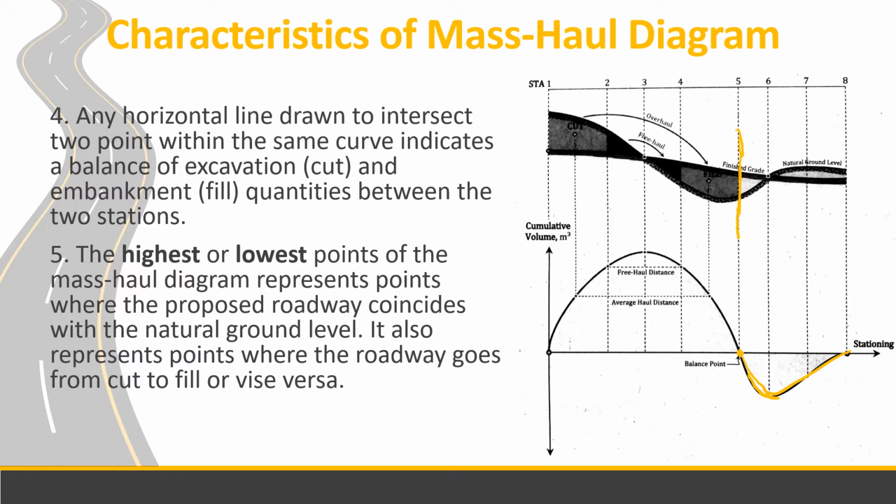So the highest or lowest point of the curve of the mass haul diagram represents points where the proposed roadway coincides with the natural ground level. It also represents points where the roadway goes from cut to fill and vice versa. So these points, this is the point located at the level of the future highway. And this is also the changing point, from cut to fill, then from fill to